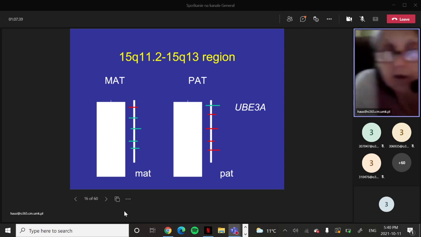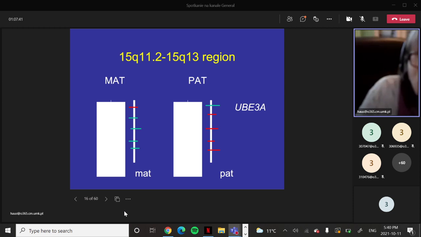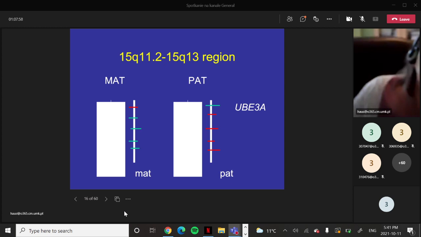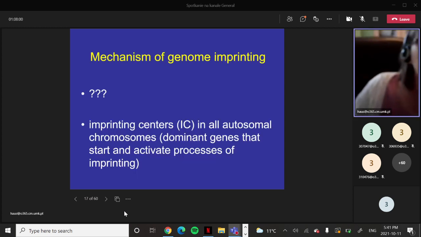Other genes are active. So in every one of these five genes, one copy is active, and one copy, which means allele, is inactive. Okay. And what is the mechanism of genome imprinting? In general, there are many theories of this mechanism. There are many facts also about this mechanism, but